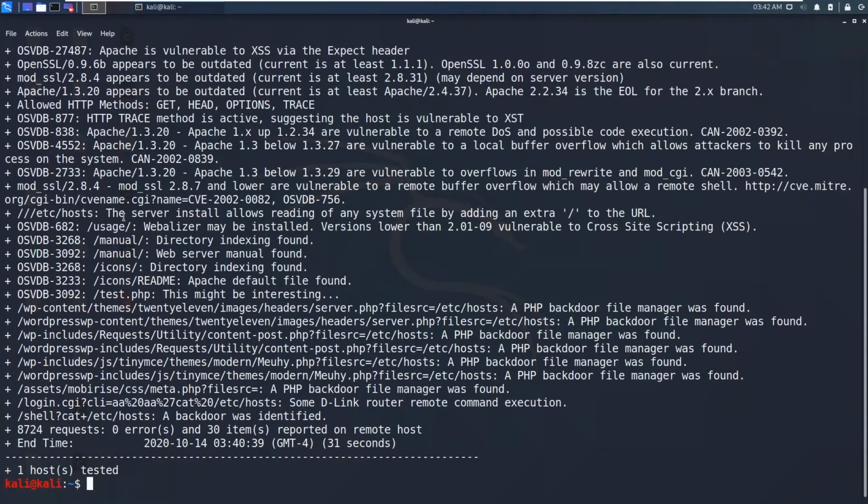You can see the /etc/hosts entry: the server install allows reading of system files by adding an extra slash to the URL. If you add the extra slash, you can read the hosts file, and pretty much anything on the system.